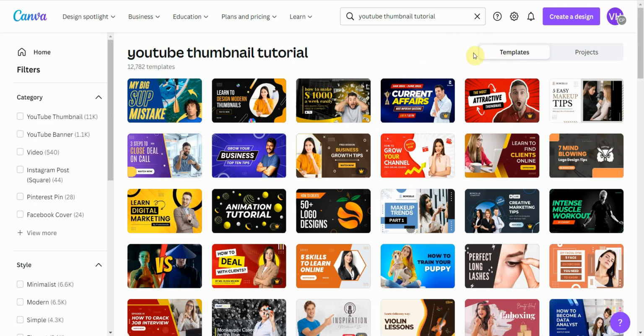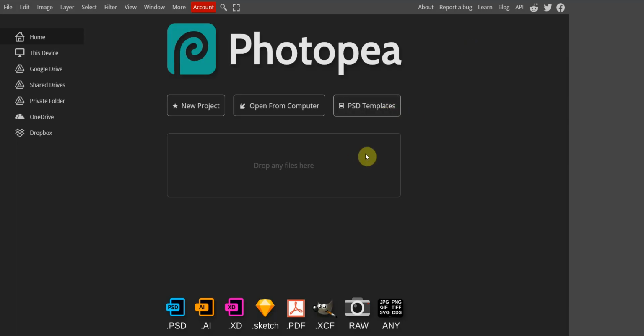At least what I found, I have a cap to how high I can push my click-through rate using Canva. And if I want that extra oomph for my thumbnail to increase my click-through rate, I'm going to have to switch to more advanced tools. Now, you don't have to do it like I did. You can go straight to Photopea, or Photoshop, but you can go to Photopea, see if it's for you, and then